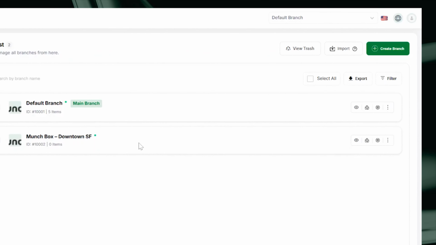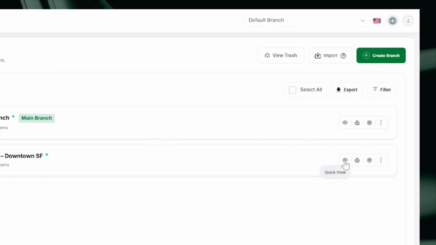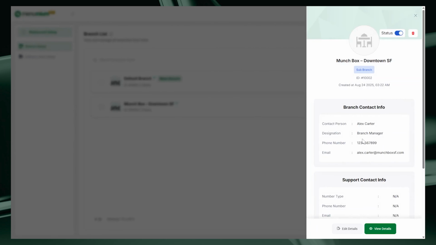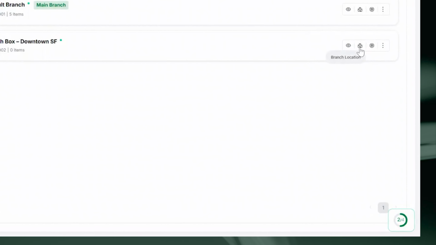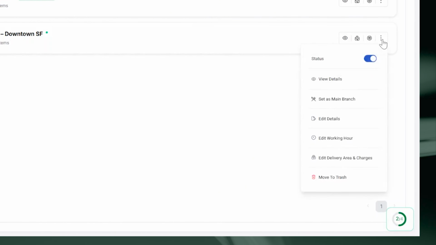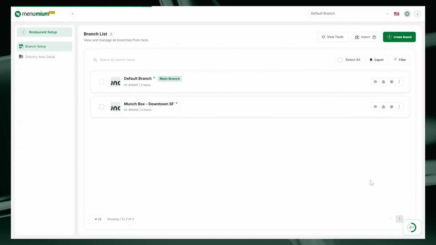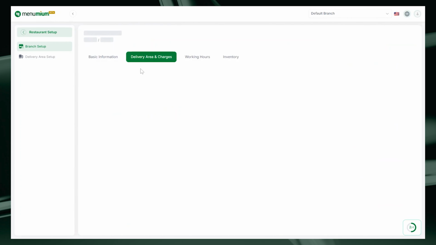Now, by clicking on the eye icon, you'll get a quick view of that branch. After setting up the branch, you can also check its location from here. Next, click on the three-dot menu. Inside, you'll find several options, including the delivery area and charges section. If you click on this section, it will redirect you to a page where you can set the delivery areas